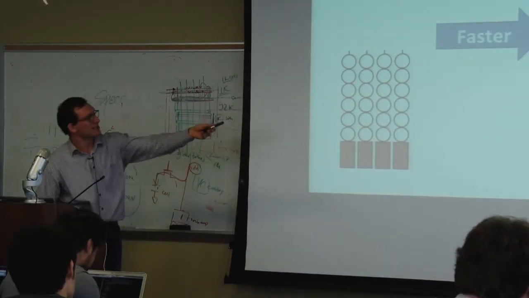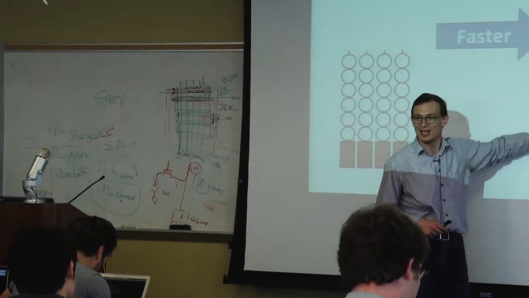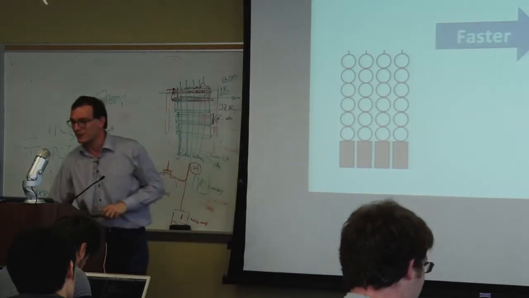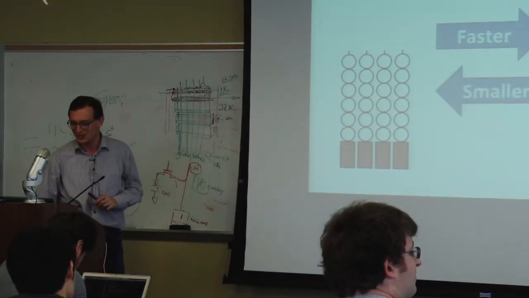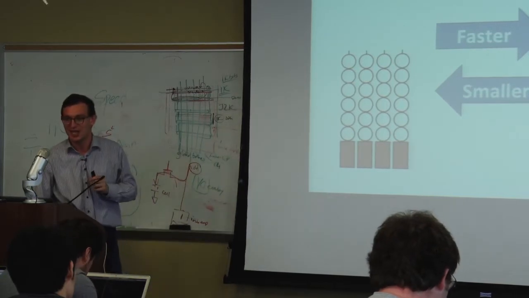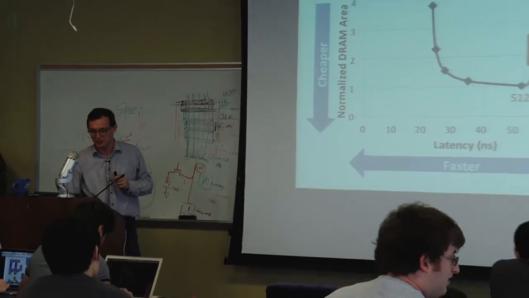Now, the upside is this is faster, obviously, because whenever you do an activate, you drive a shorter bit line, right? The downside is obviously what's shown in this figure. Now you have many more sense amplifiers. As a result, it's much bigger also. So you have a trade-off between latency and area. And this is what we've shown to show that.